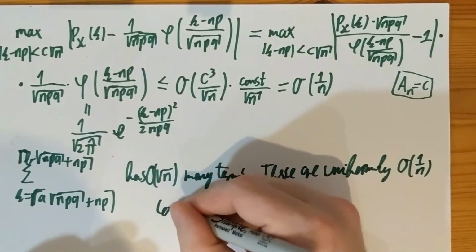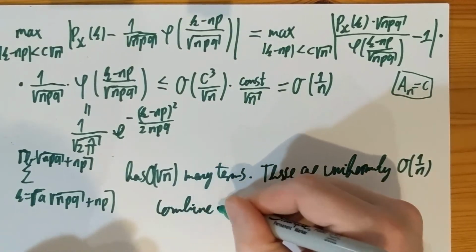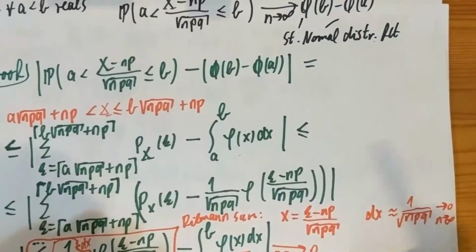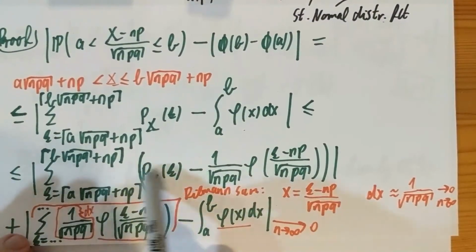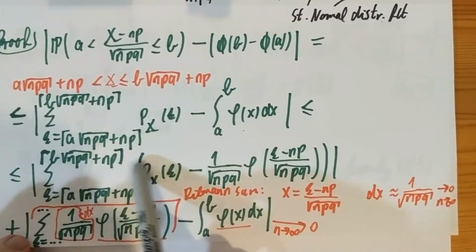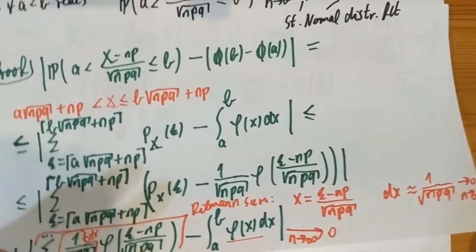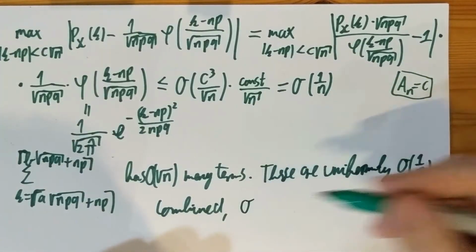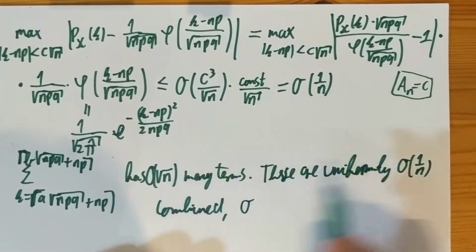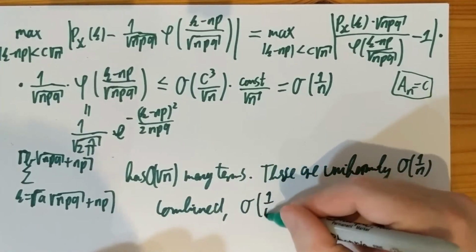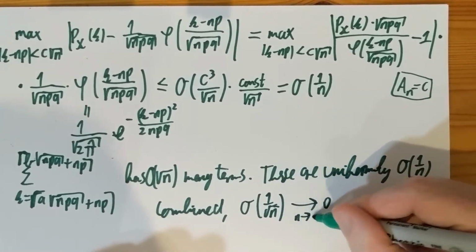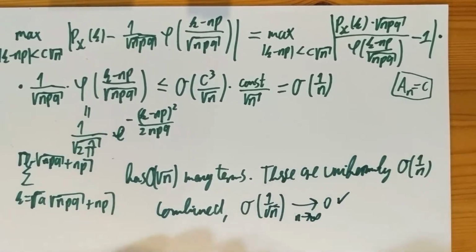So combined, my first line here, summing all of these differences in that range, is in the order of square root of n times 1 over n, so 1 over root n, and this thing goes to 0 as n goes to infinity. So at this moment I'm done,